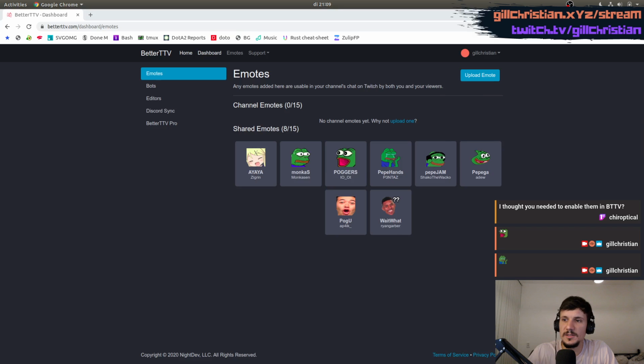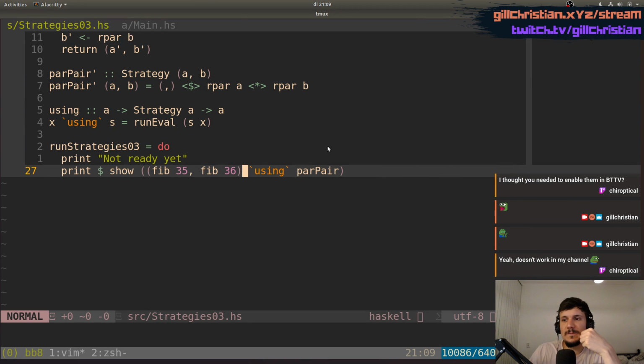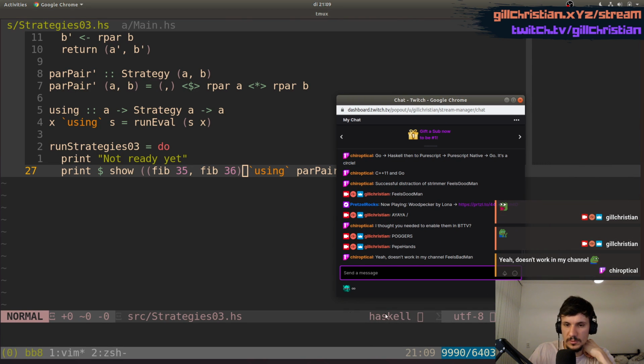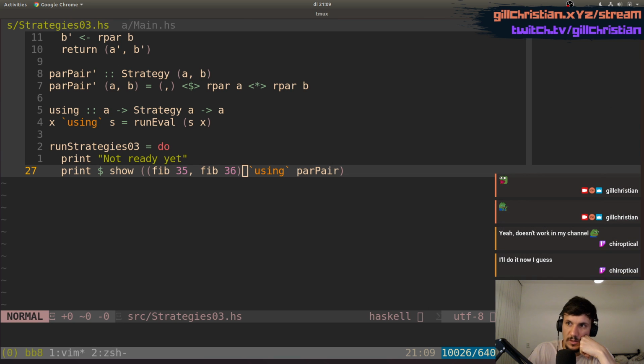Important things to do. Okay. But you didn't enable them? I mean, here for sure it doesn't show in the Twitch thing. So I not only had to enable them,